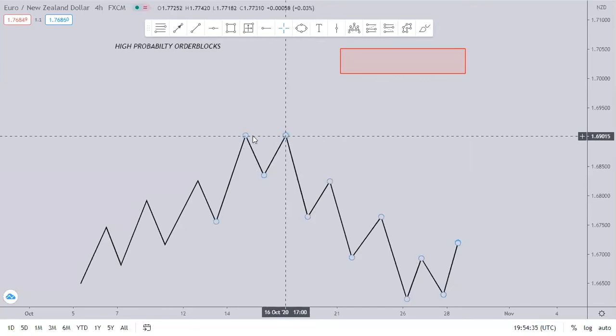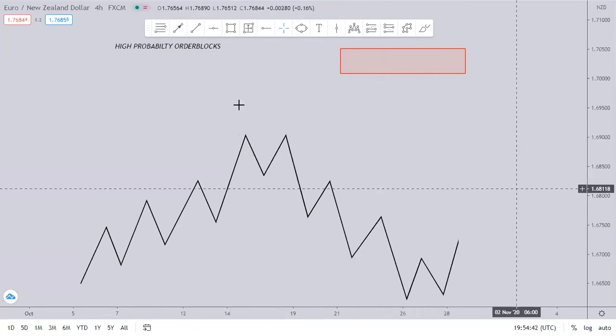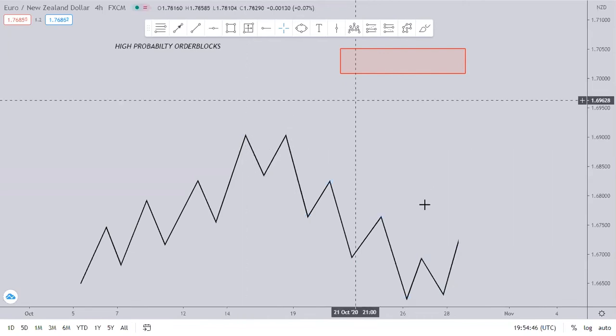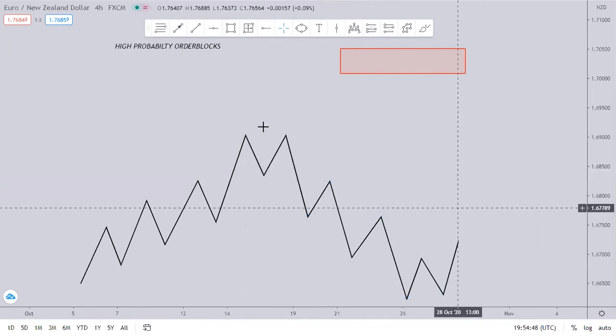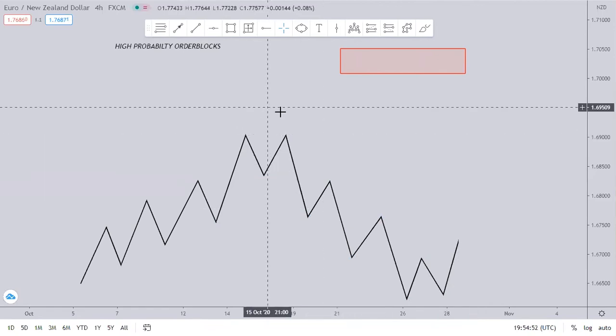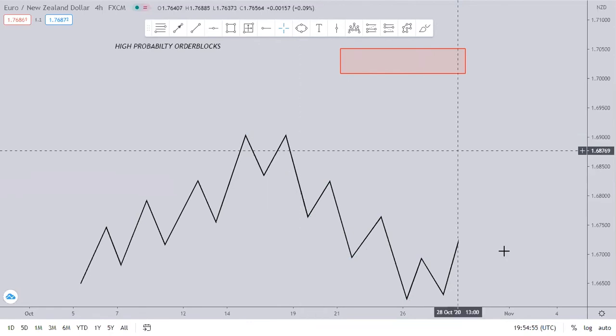This, according to the knowledge out there, is a good sell setup, the double top formation, and it's true. It is supposed to sell from there, but because they know that a lot of people are selling there and have their stop losses above, they usually run the market above those highs to clear everybody that was selling there and set their stop loss above, to clear them before they drop down.